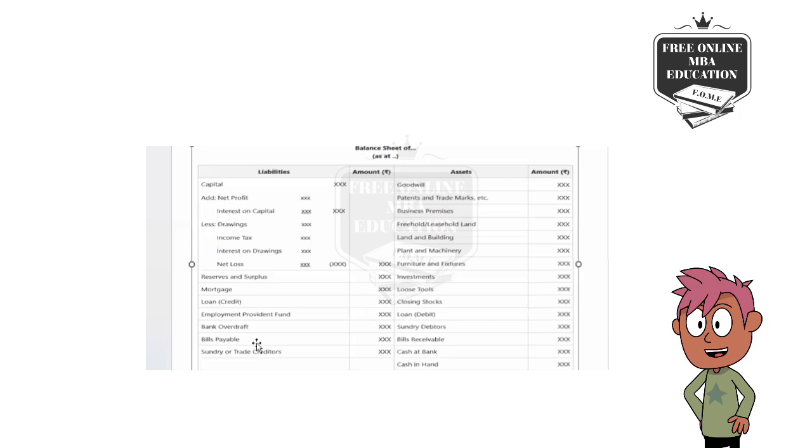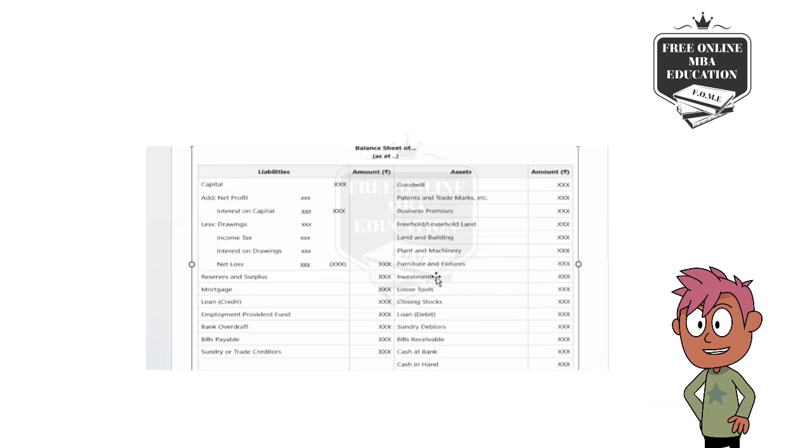And all the assets, that is the ones which we own, will appear at the asset side, like the goodwill, intangible asset, patents, trademark. So these all appear at the debit side. Business premise. So maybe building or any campus or whatever the premises is, we are going to mention it at the asset side. Leasehold or freehold land. If we have got land and building,